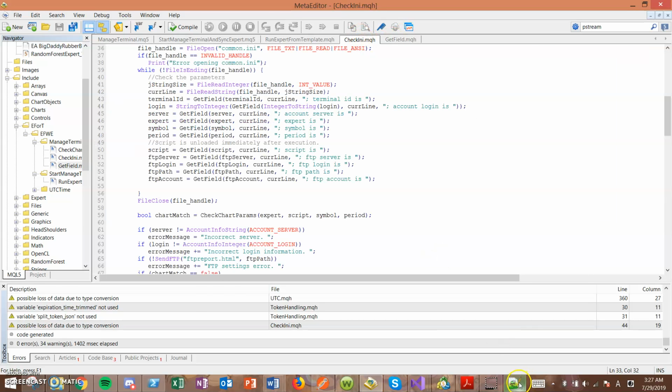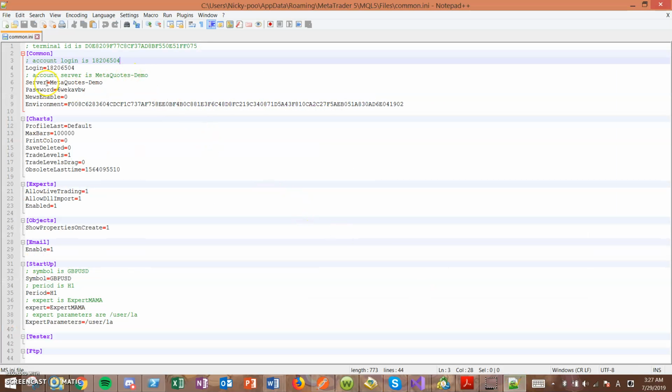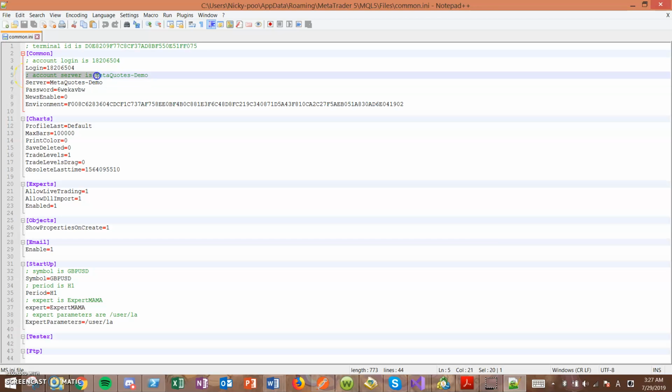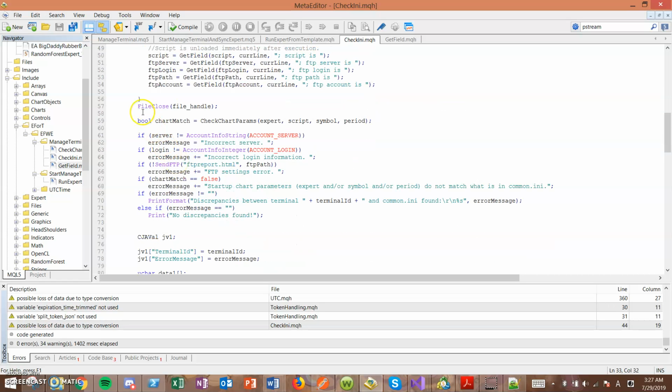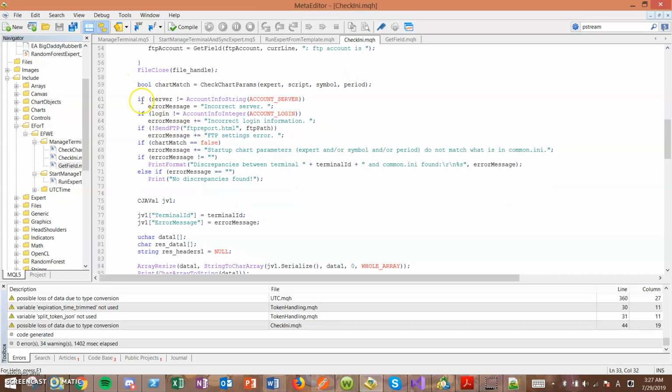So let's say we're looking for server. We're going line by line. We get to the line with the substring account server is space. The rest of it, that's going to be our server. And we close the file, and then over here,